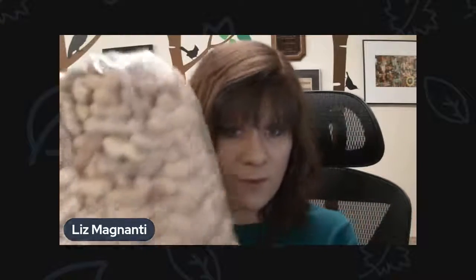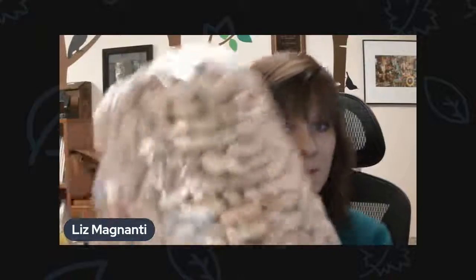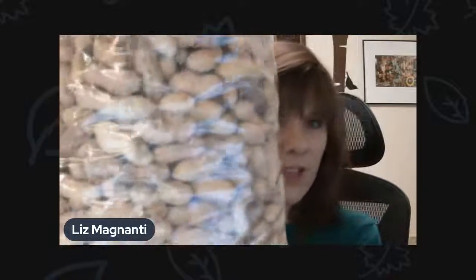These are especially good, though, for blue jays. So this is the absolute favorite food of blue jays. So if you want to attract blue jays to your yard, peanuts in the shell are the absolute best way to go. They love